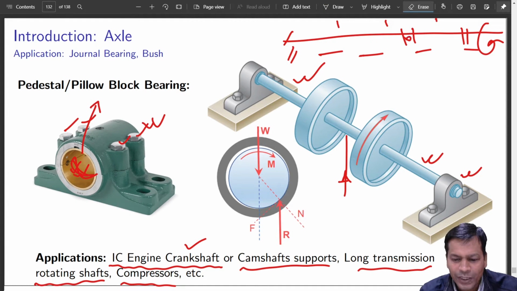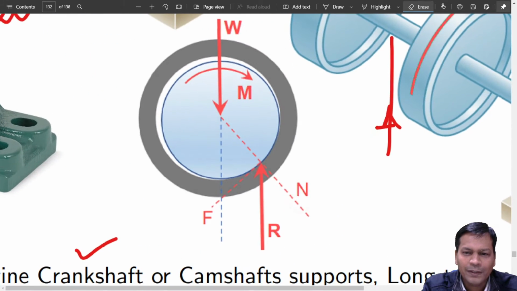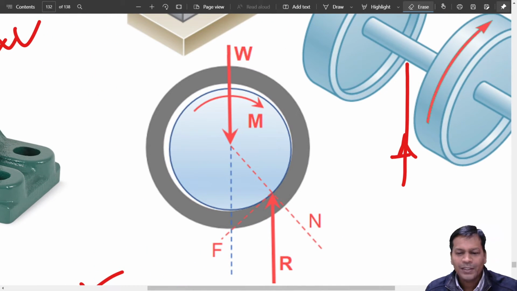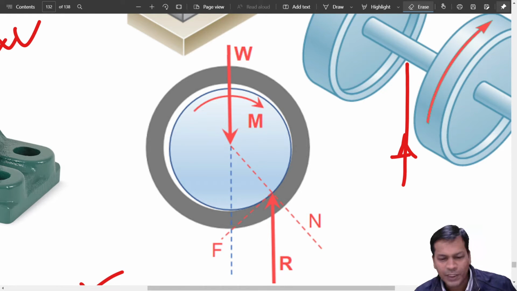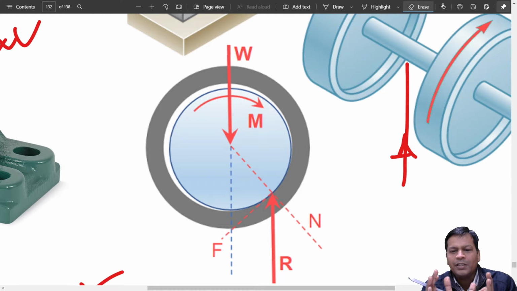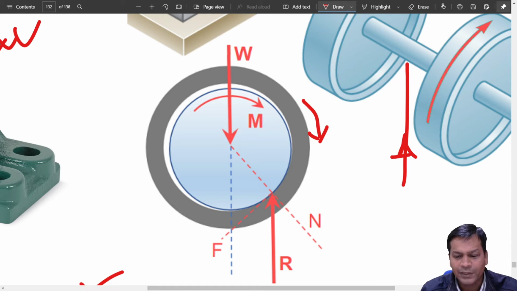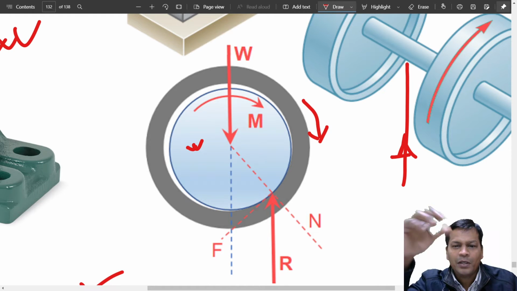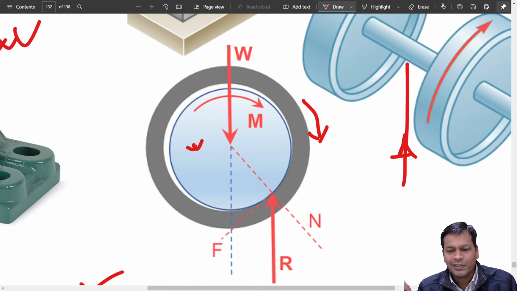So how they are oriented, this figure tells you most of the thing, this center one. What I have assumed, or normally is assumed, is there is a clearance, and your shaft is not a 100% tight fit with this. So there is a clearance. If you are rotating in this direction, where it is shown, what happens? This rotating shaft tends to ride upon that outer circular surface, is it not? Can you imagine this?